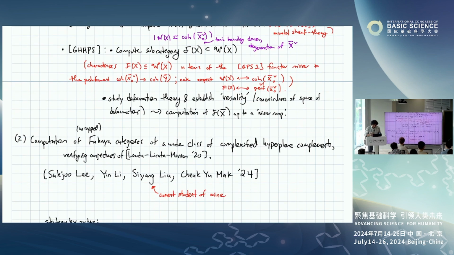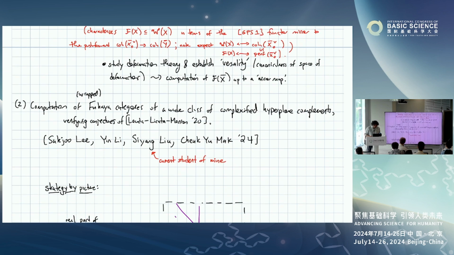The other recent application I want to highlight was just a new computation of wrapped Fukaya categories of a wide class of complexified hyperplane complements. And these verify conjectures coming to us from representation theory by Lauda, Licata, Mannion. So this was not work of mine, but it was joint work of a current student of mine, Xiang Liu, with Sukjoo Lee, Yin Li, and Cheuk Yu Mak, which also came out this summer. And so here one's interested in